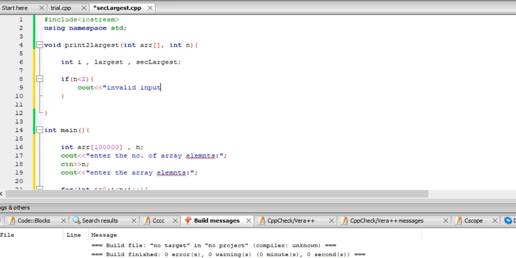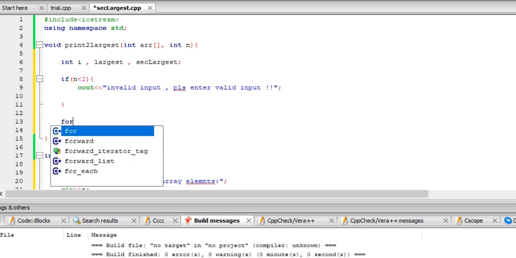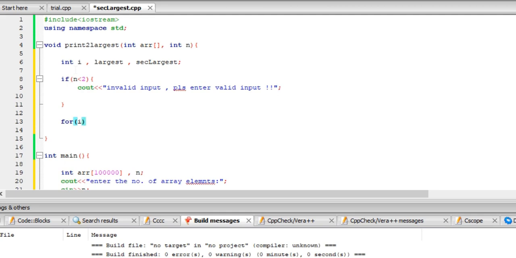So if n is less than 2, the input is invalid. Now we are going to start our for loop for I is equal to 0, I less than n, I plus plus.